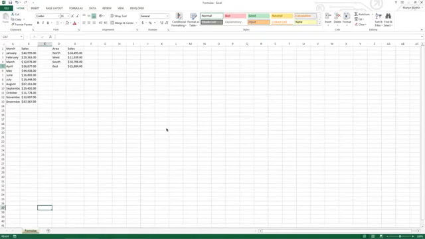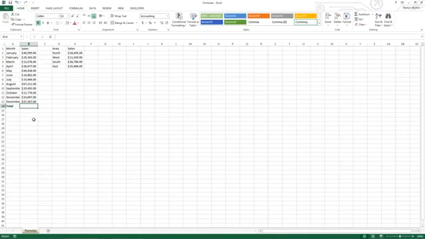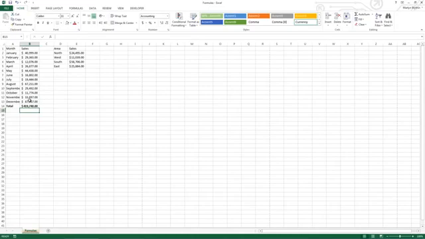Looking at the data that we have in front of us, we have 12 months' worth of sales in column B, and what we want to do is sum those. So I'm going to add a new row at the bottom and write total. I'm going to make this bold, and in cell B14 I'm going to type equals sum, open brackets, and then select the range that we have entered the data into, close brackets and hit enter, and you can see that Excel has automatically summed up